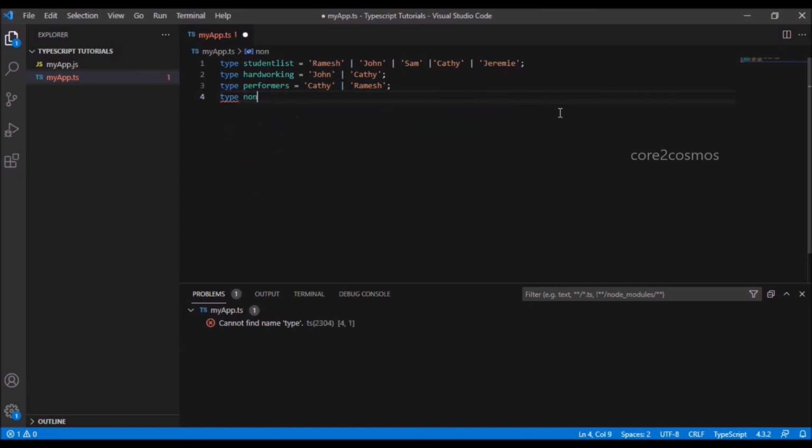In line number 4, I create a type non-performers.